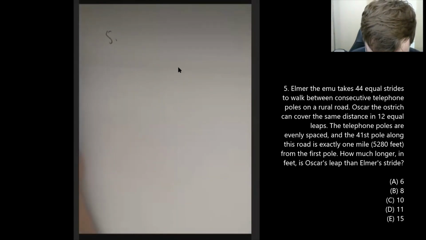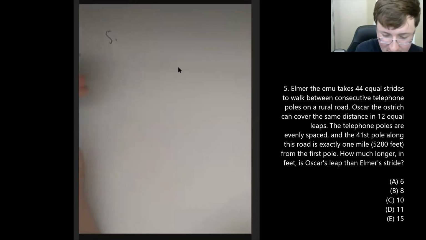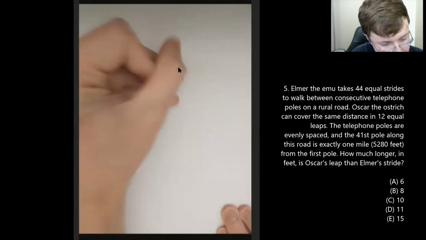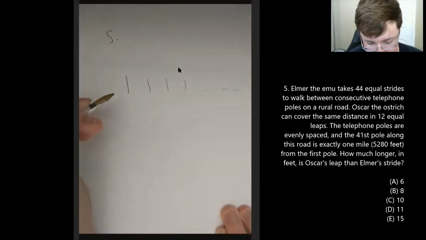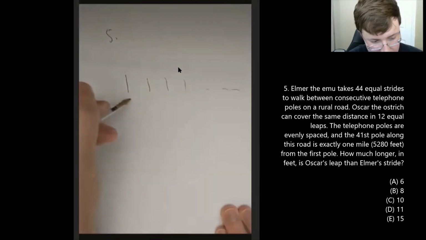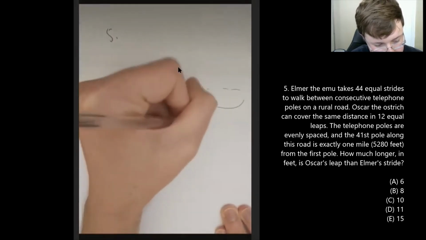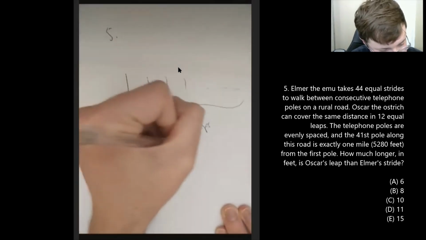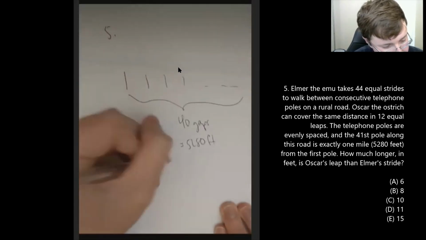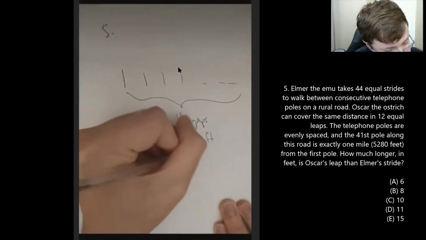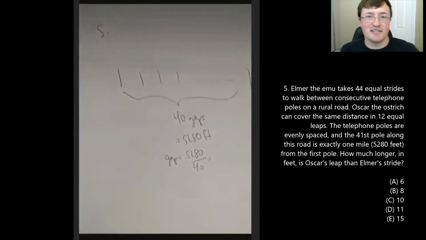44 equal strides to walk between consecutive telephone poles. The ostrich can cover the same distance in 12 leaps. The 41st pole is 1 mile. Okay, so the first pole is here, and then the 41st pole is, so that's 40 gaps equals 5,280 feet. So each gap is 5,280 over 40, which is,